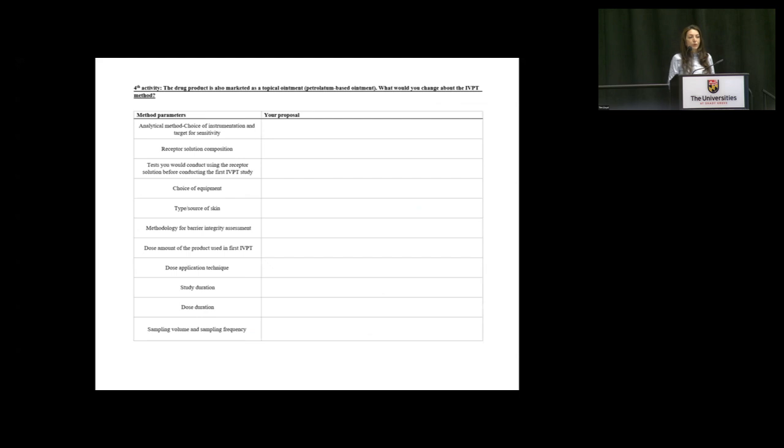And the fourth activity, I'm not sure if all the groups got to the fourth activity or not, was just an example of, okay, imagine you have developed and validated a method for a cream product. Now, next you want to have the method for an ointment product for the same API. What would you do as part of your method development strategy? So with that summary, I'll invite